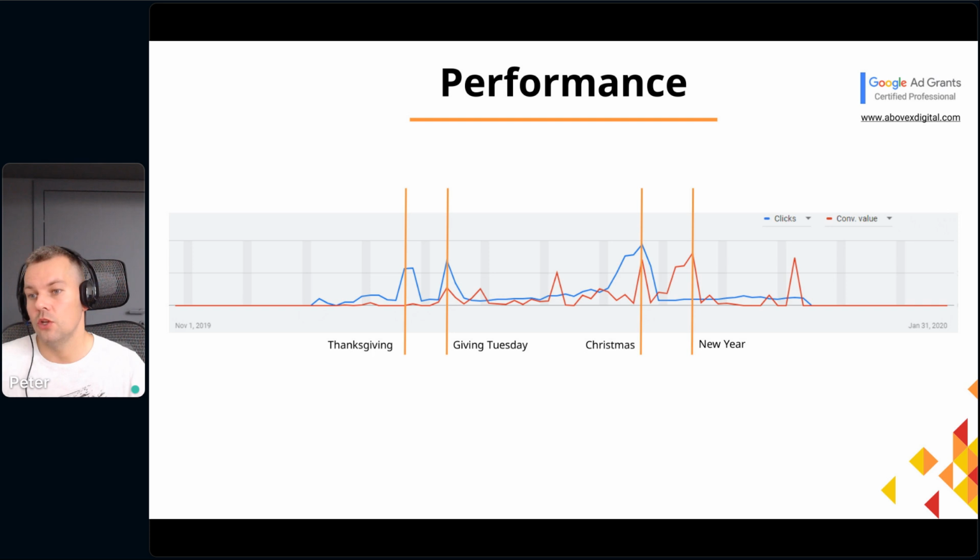But then there's New Year, and those are pretty much the last three days of the year. And you can see it clearly here. Conversion value going up and peaking here. I think this was the best day for them, which was December 31st, right? And then it went down. The campaign went on until mid January, and you can see there was some decent donation here, but that was a one-off thing. We typically don't see this happening in too many accounts. Typically, it's the best day of the year.